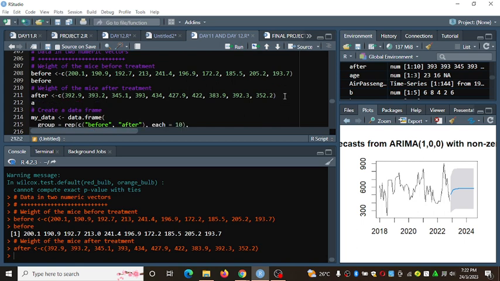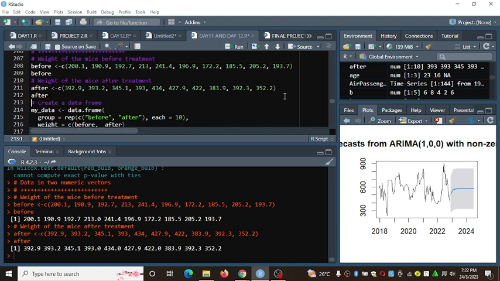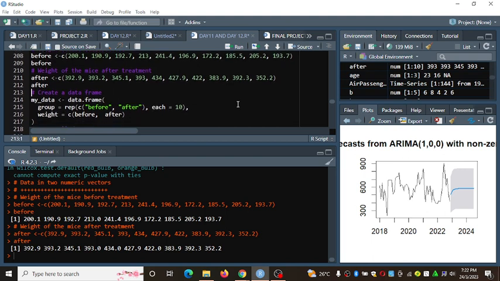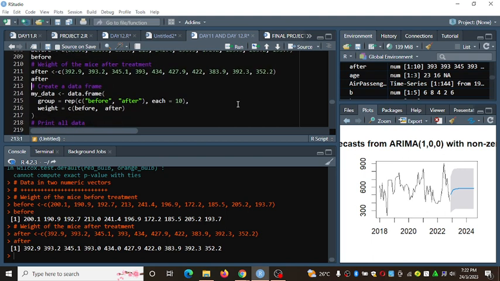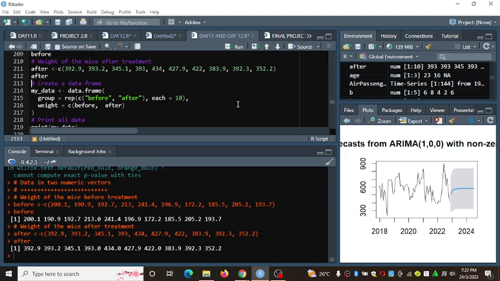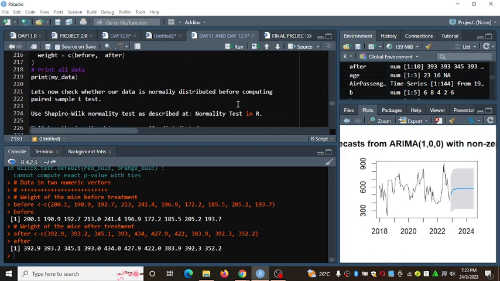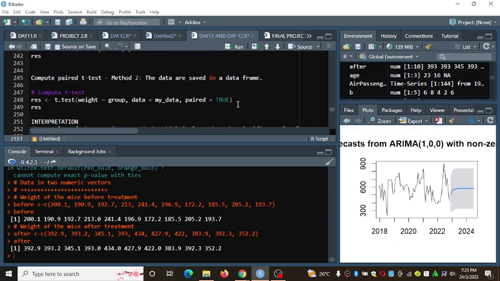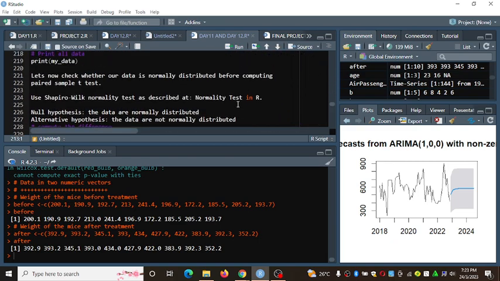These are values for after. Then from there we can create a data frame.